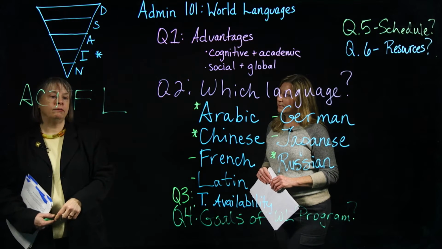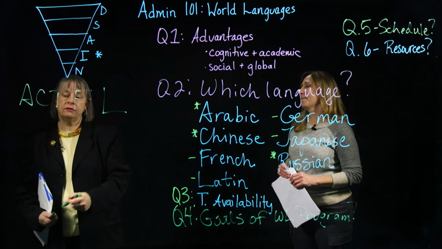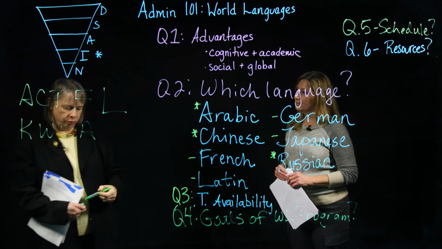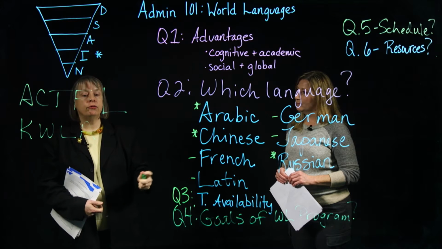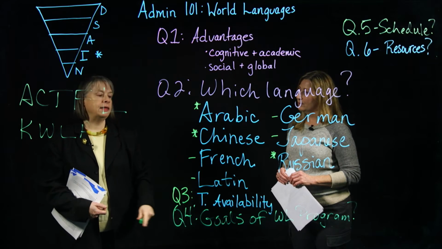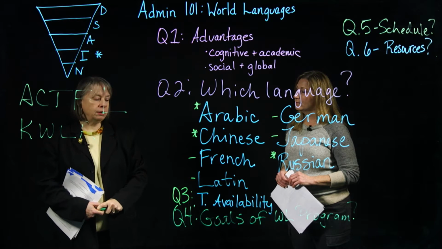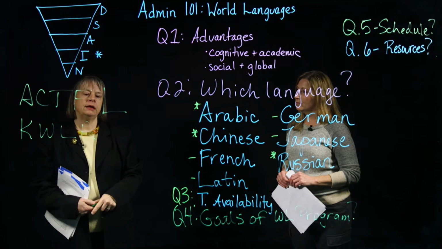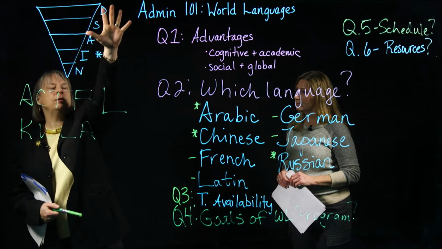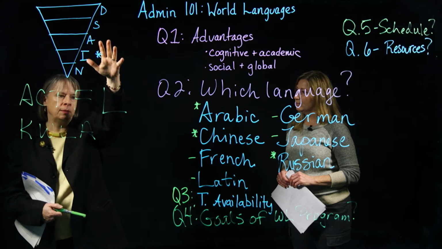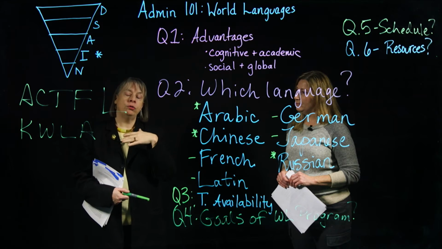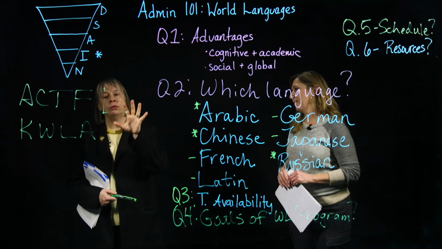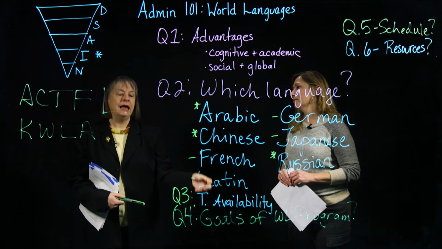In addition, there are obviously statewide and or regional organizations. In Kentucky, we have the Kentucky World Languages Association, which helps to provide professional development opportunities for teachers, as well as ensure that they are networking. Because, especially with new teachers, the experience of a language teacher who's been in the classroom for a while, who's been working with how to get students through this inverted pyramid, who's ensuring that the goals are being able to use the language, not simply read a newspaper, but focusing on all 4 skills, is critical.